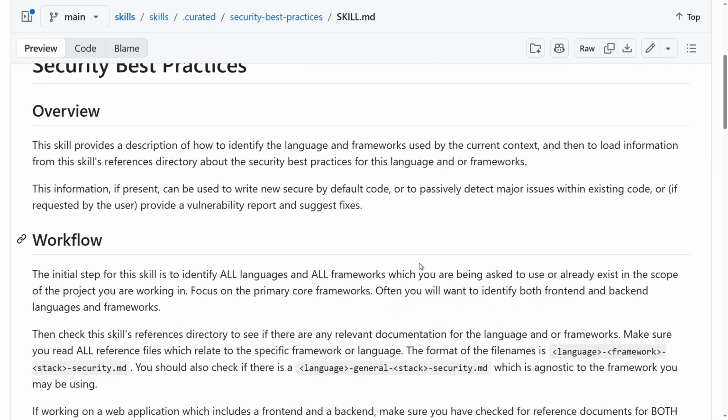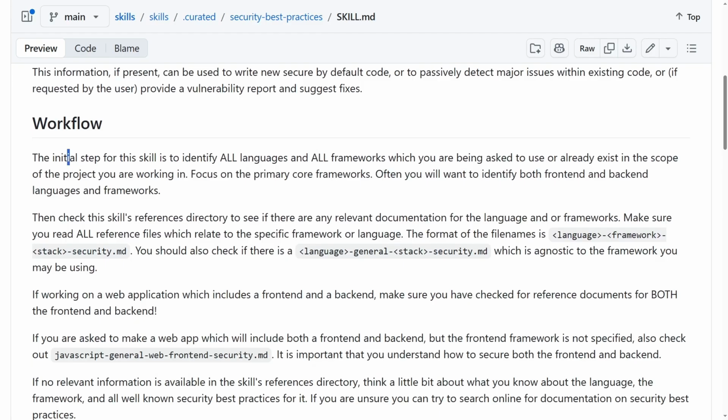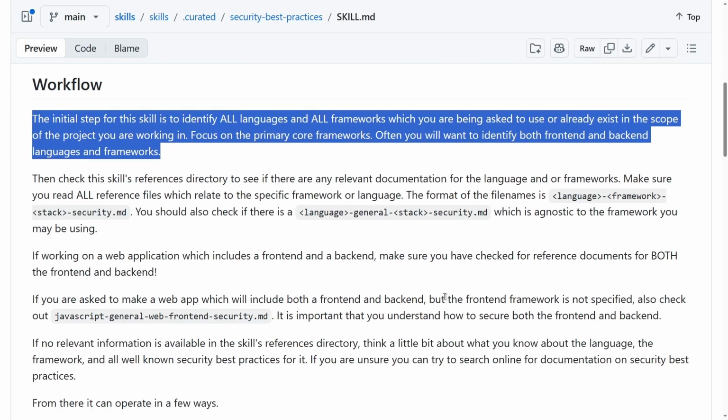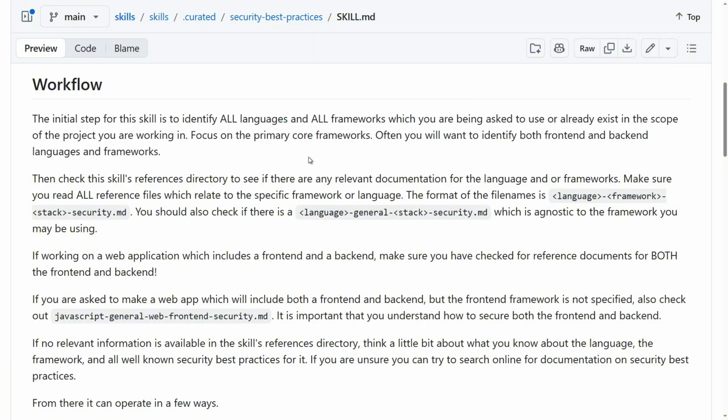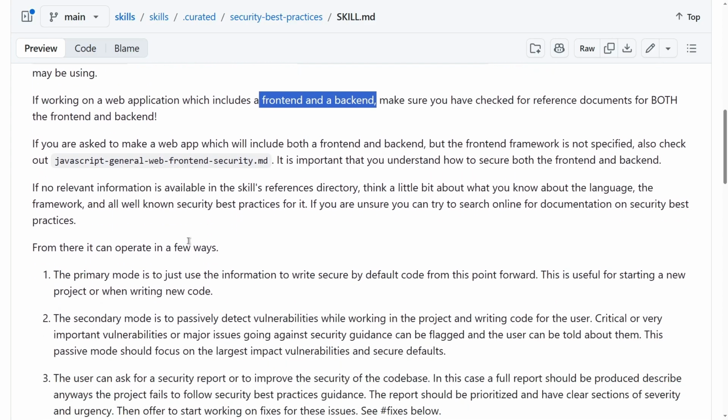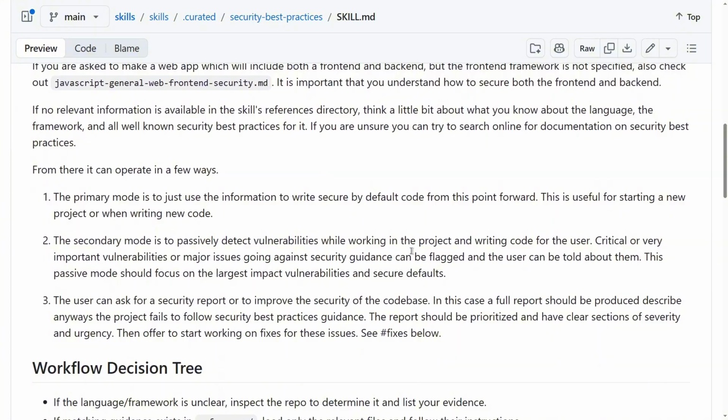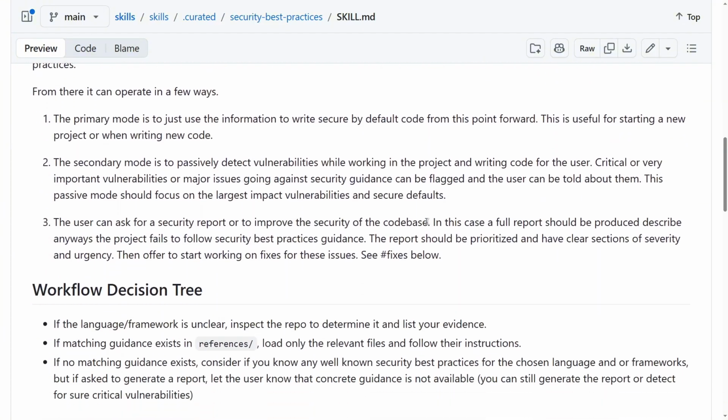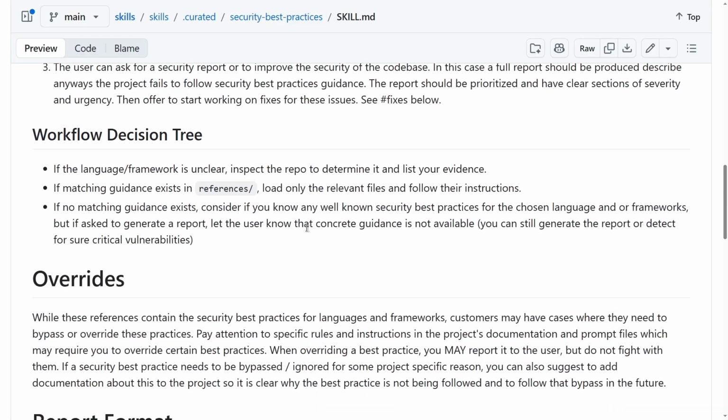And the workflow. This is where things get interesting. The agent is instructed to first detect all languages and all frameworks, both front end and back end. Then it loads security guidelines. And there's a decision tree.